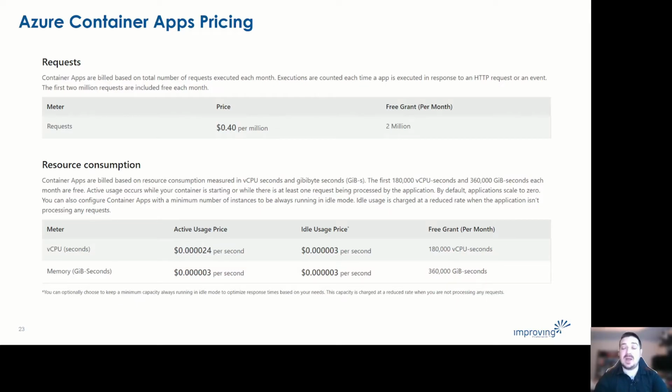And then you've also got a free grant of 180,000 virtual CPU seconds before you start hitting these billing thresholds. For memory, you don't get a break when it's idle because it's still using that memory when it's up and running, but it's still a fraction of a cent with 360,000 gigabit seconds of free grant every month before you start getting billed.